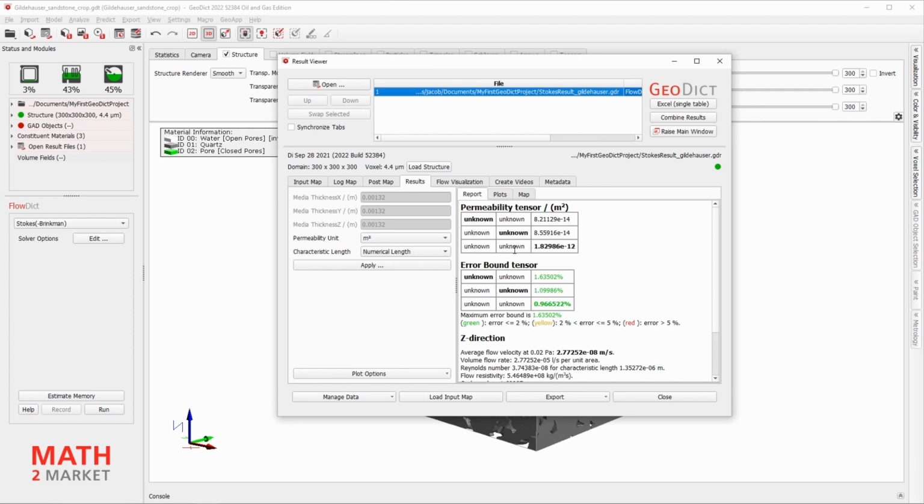To change the permeability unit, you may change it from the permeability unit tab to millidarcy or darcy. Click Apply, which yields the permeability tensor in millidarcy.